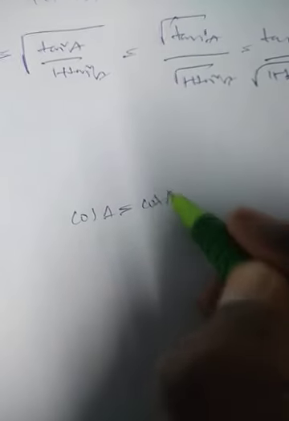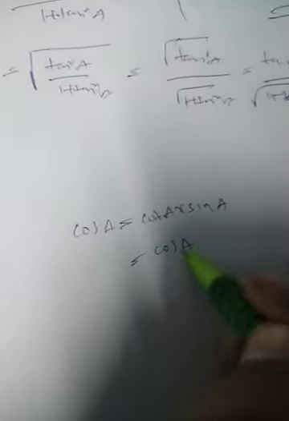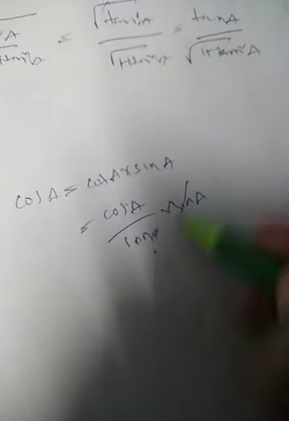In the same way, sometimes if someone asks you cos A in terms of cot or another ratio also, we can write cos A as cot A into sin A. Why? Cot A is what? Cos A by sin A. This will be useful to you somewhere while solving questions. That is the reason I am explaining this. See, cot A is cos A by sin A, and sin A will be cancelled. You will get cos A.